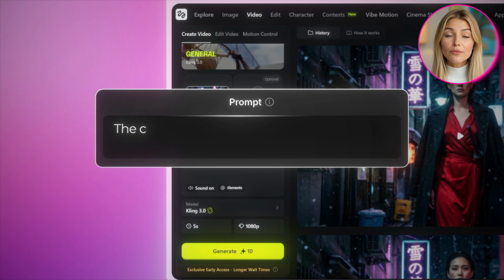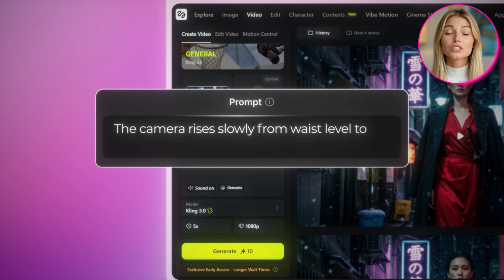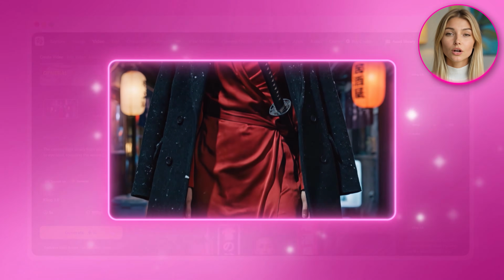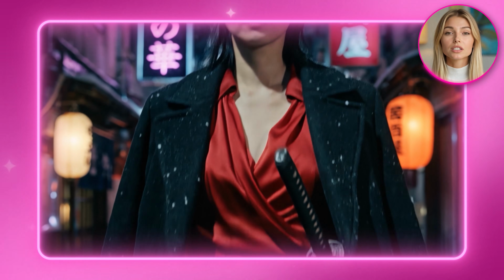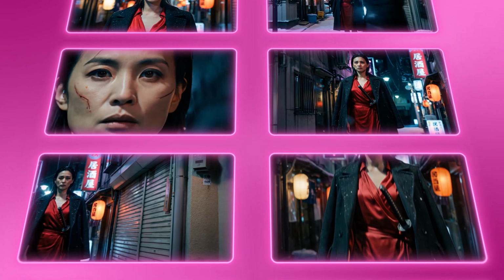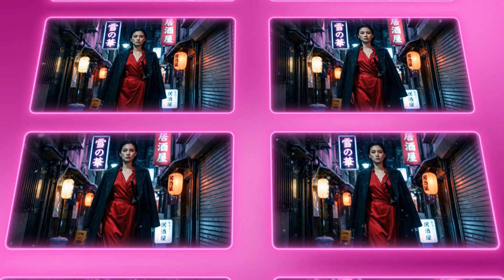And I'll write, the camera rises slowly from waist level to eye level, revealing the woman's face. And it gives us this slow, dramatic character reveal that works perfectly for intros. That's 10 moves already, and every single one took less than a minute to generate. These are the absolute essentials of cinematography, and just knowing how to prompt these alone will make your videos feel